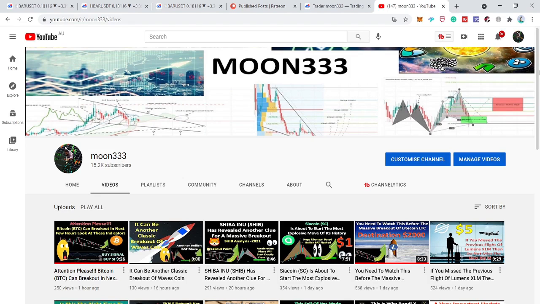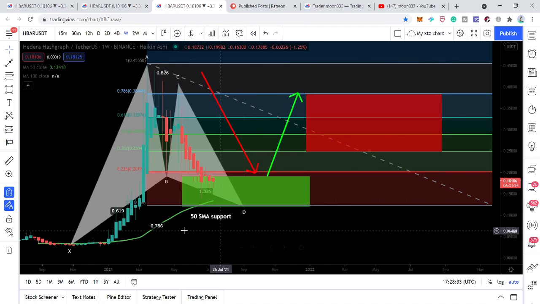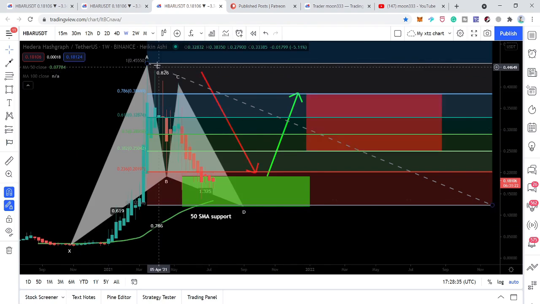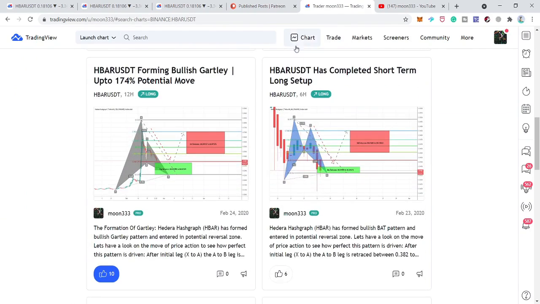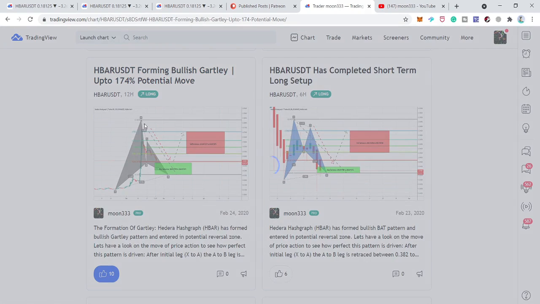After a long time, I'm going to post my analysis on Hedera Hashgraph because almost after a year, it has formed another harmonic bullish reversal Gartley pattern on the weekly time frame chart. And before this, I shared this Gartley move with you when the price line completed the Gartley pattern on the 12-hour chart, and I was expecting up to